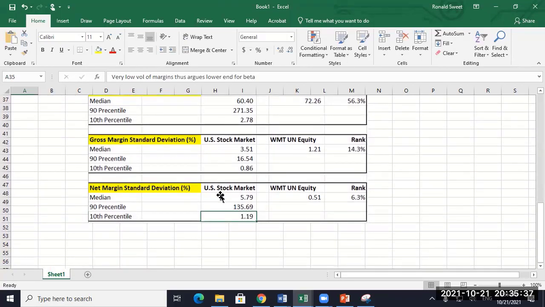Now, when you do this with other companies, you get some surprising results. So if I did this for Ford, you say, wow, Ford, that should have a really volatile net margin, but they don't. They have a low net margin. Well, that's because a huge chunk of Ford is Ford Motor Credit. When you're a bank and you have these interest margins that are very stable, it makes your earnings very stable. So you can't always trust the numbers, but this makes a lot of sense.